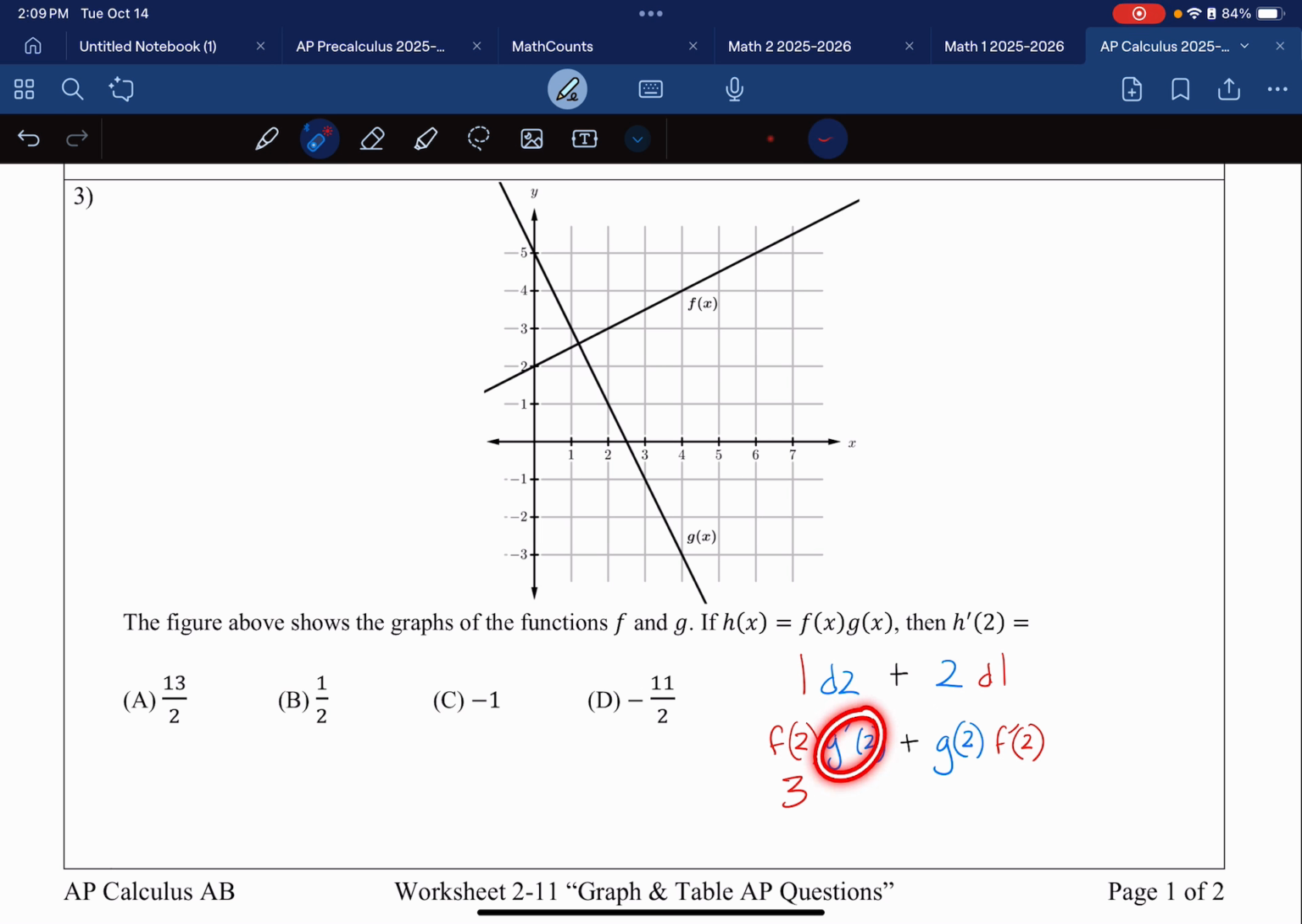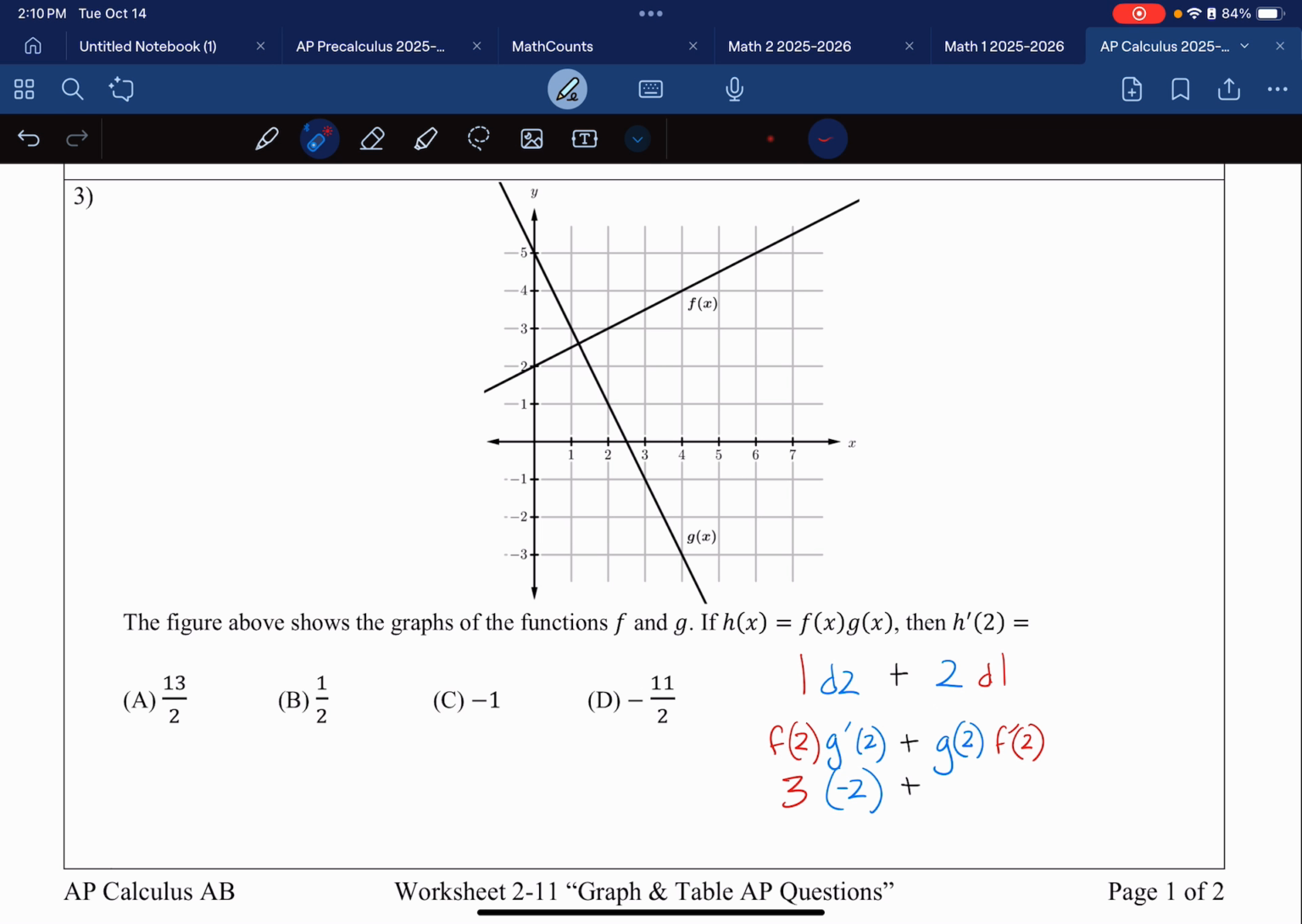And next I'm going to find g prime of 2. So g prime is the slope at 2. So what's the slope of this line at that one point? Well, the slope is going down to right 1, down to right 1. So down to right 1 is -2. Do that in the correct color though. -2